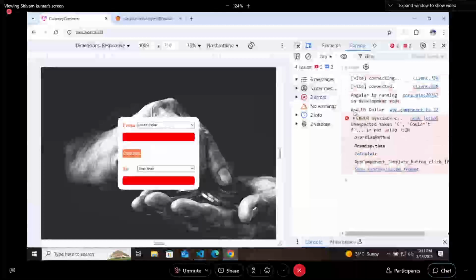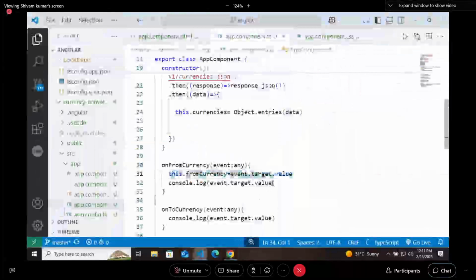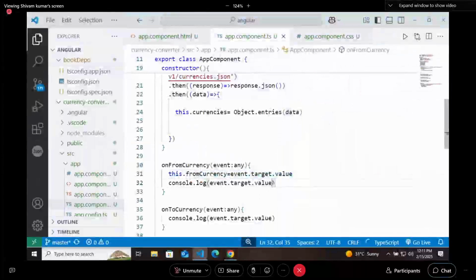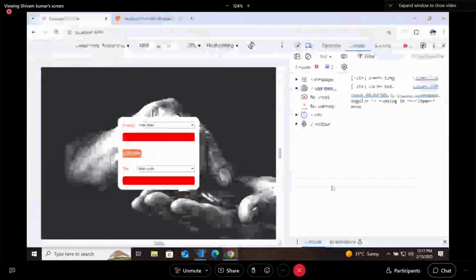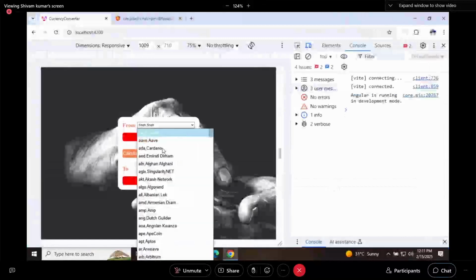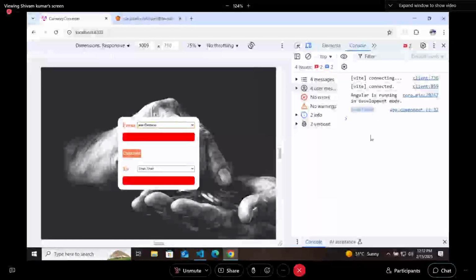It will come as USD hyphen US dollar. Instead of printing this value directly, if you are trying to print the keys only, that is, print the keys of values only. So now let's select something, undefined.